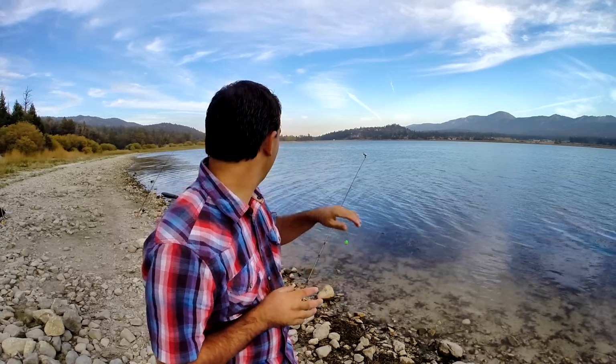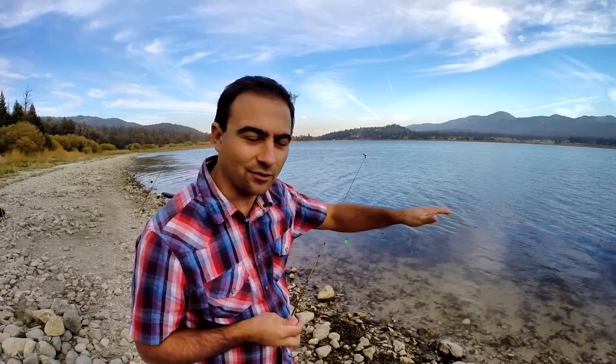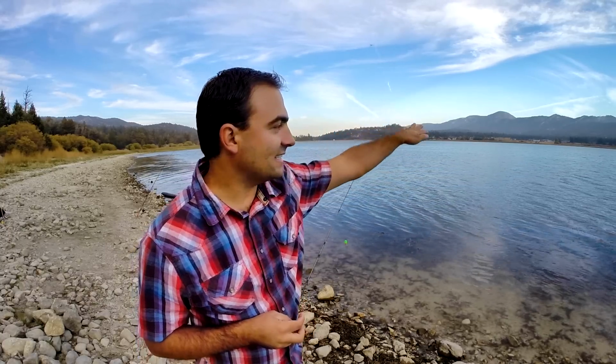Since I might not be fishing Big Bear Lake much longer, I thought I'd give you a few tips. The fish usually like to go out deeper in the middle of the day when the sun is higher, so you can cast your hook out a little bit further. But in the evening and early morning, the fish are cruising along the shore and shallower, along these weed edges. So don't long bomb that hook way out there, because all the fish will be swimming inside of your hook. Just cast it 20 to 30 yards offshore, just on the other side of that weed line, and you might